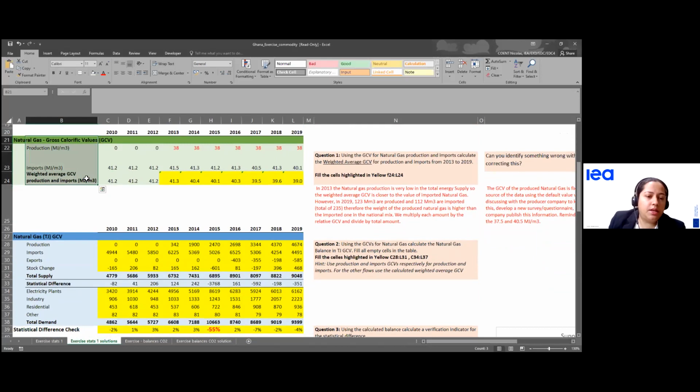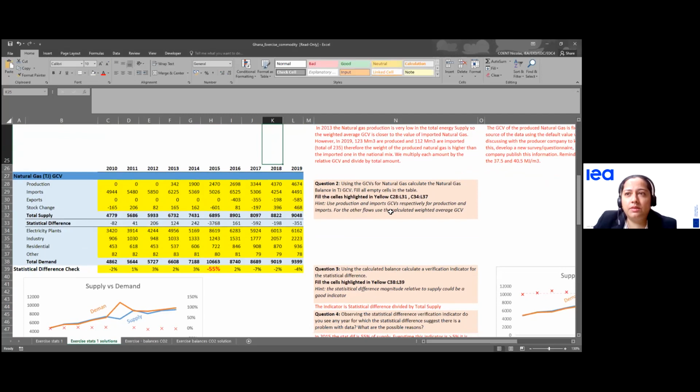So for production and imports, you have specific gross calorific values. For these two, you would apply the specific value. But for exports and the others, you would apply the weighted average calorific value, given that you don't have the specific information. So here, that was for question 2 about filling